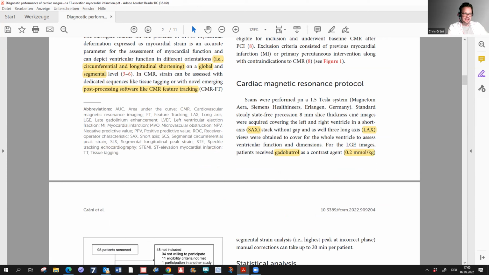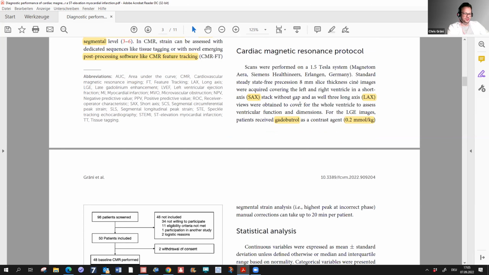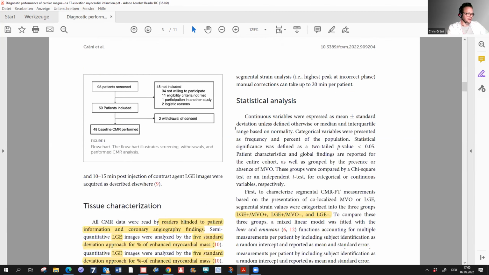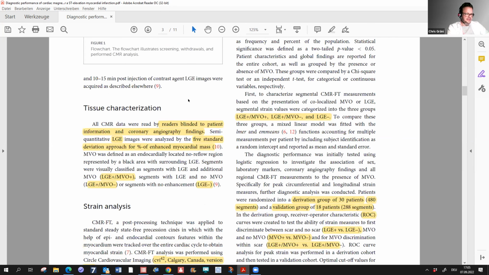What we did is a scan 3 days plus minus, so 1 to 3 days after the MI, so pretty acutely, and we acquired routinely short axis images, 8 millimeter slices without gap, 3, 4, 2 chamber views, and gave Gadovist 0.2 millimole per kilogram. We did the tissue characteristics and used the 5 standard deviation approach for the late enhancement, and where we could depict no flow, that was called MVO,